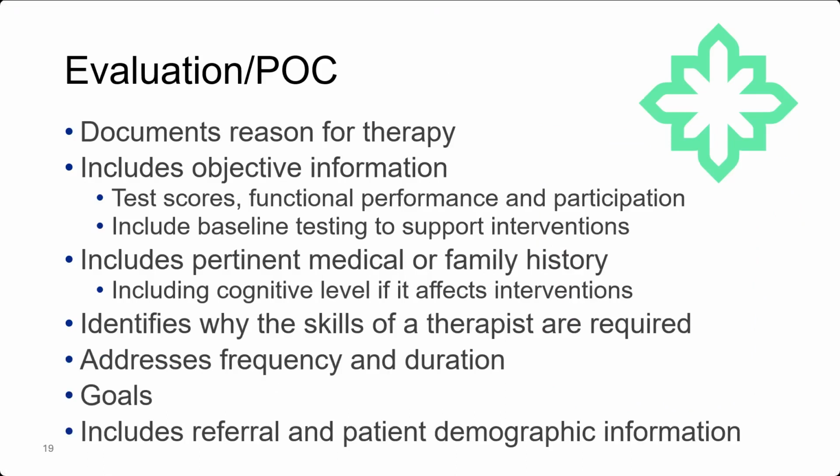So some of these things include the reasons for therapy. Number one, what's the diagnosis? What's the therapy diagnosis? We're going to look for, and we expect you to document any objective information, such as tests that you perform, scoring of those tests, functional performance, and the patient's participation, as well as baseline testing to